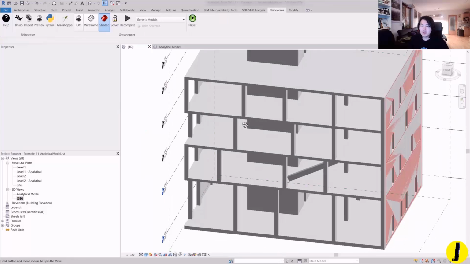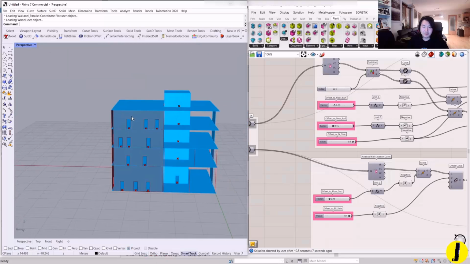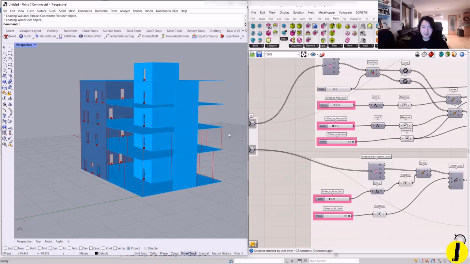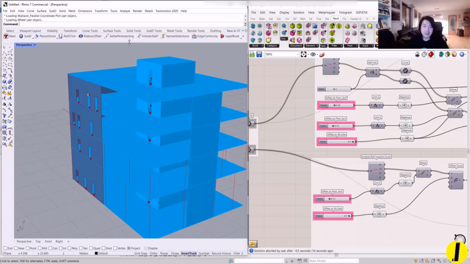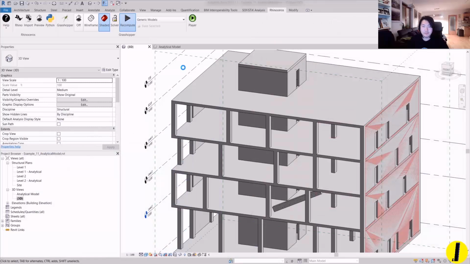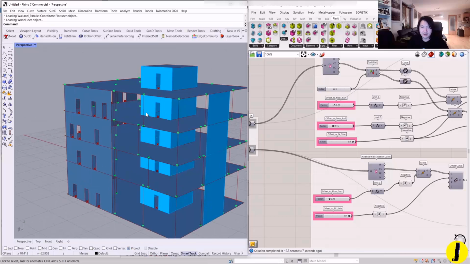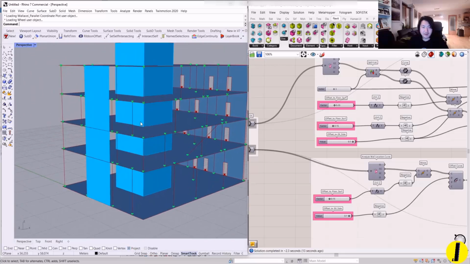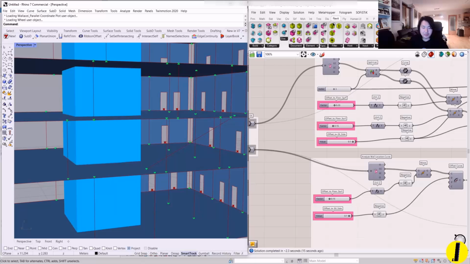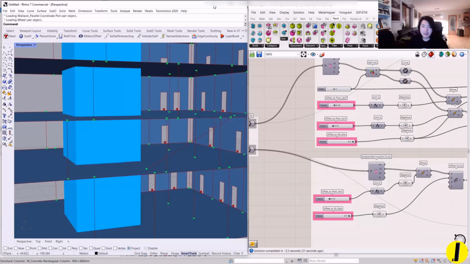So now accordingly the analytical lines should also be updated. Sometimes it doesn't show here, that is funny, but then sometimes you may have to recompute. Recompute means Rhino and Revit synchronize the data in between. So you can see here now everything is up to date, and there is a slanted column. Of course I did it on purpose to show the script from my Grasshopper. I can also move it